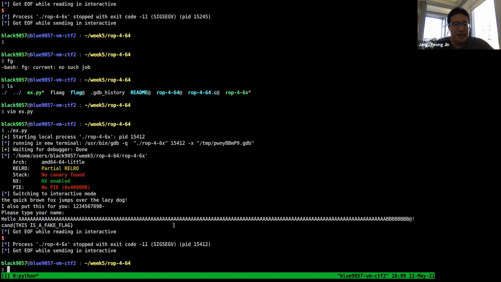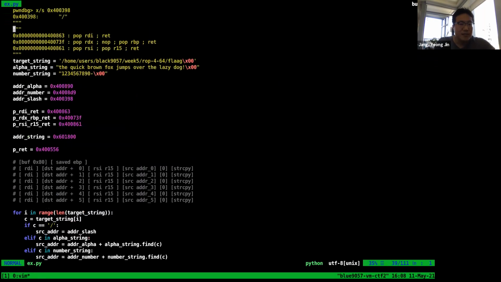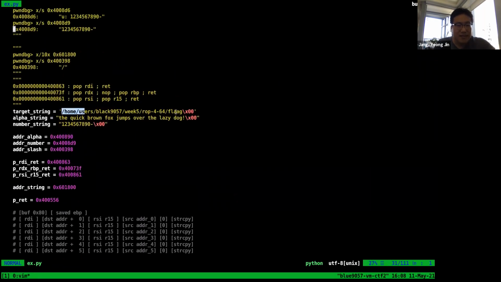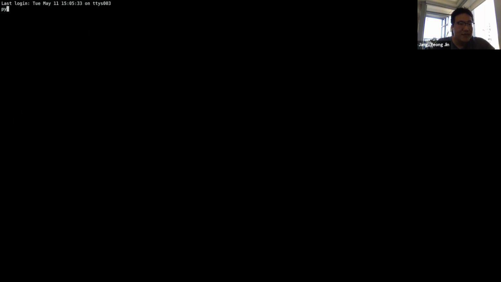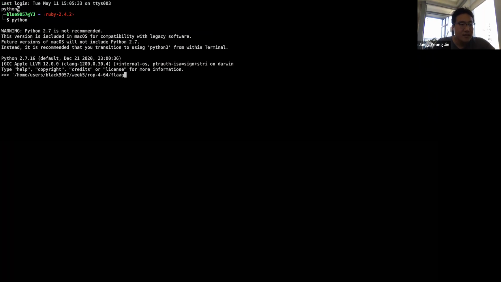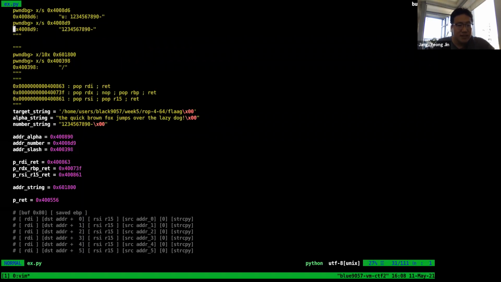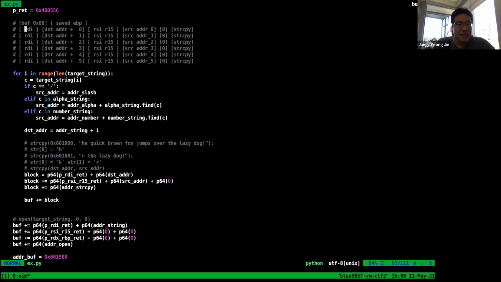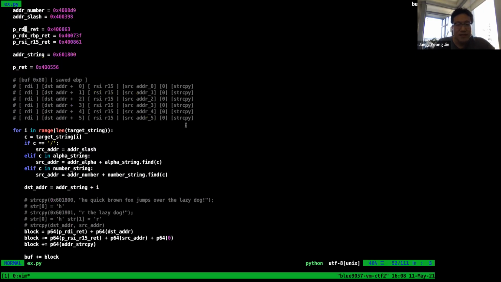But here I chained the ROP chain multiple times. For example, what is the length of this entire string? It's 42. So I chained this string copy ROP chain 42 times to build the string for the pathname, and then used that to open the flag file, and then read and printf to get it out as